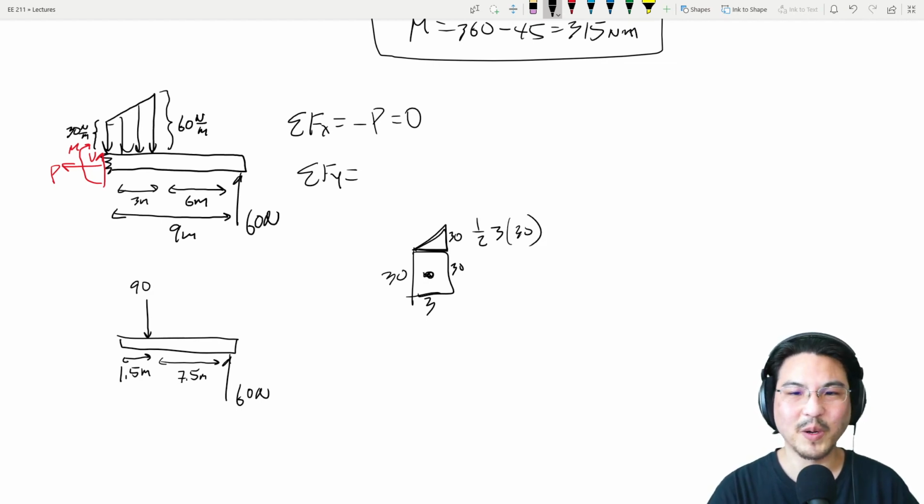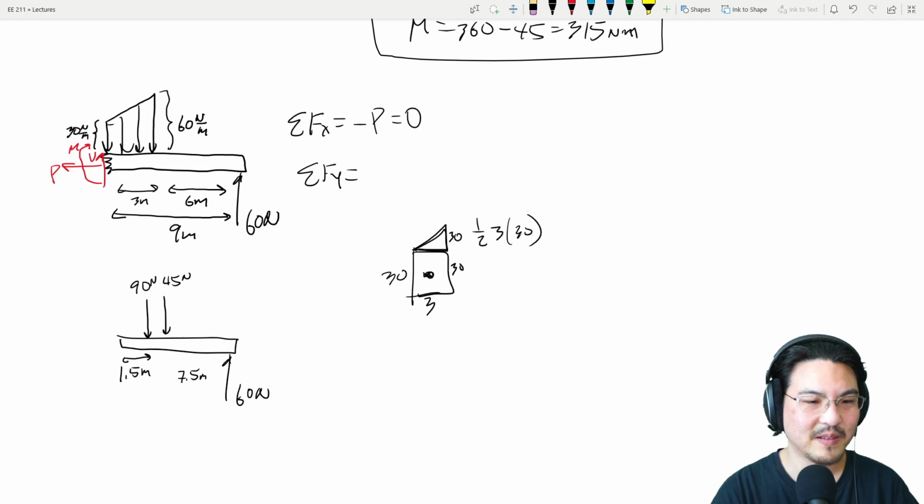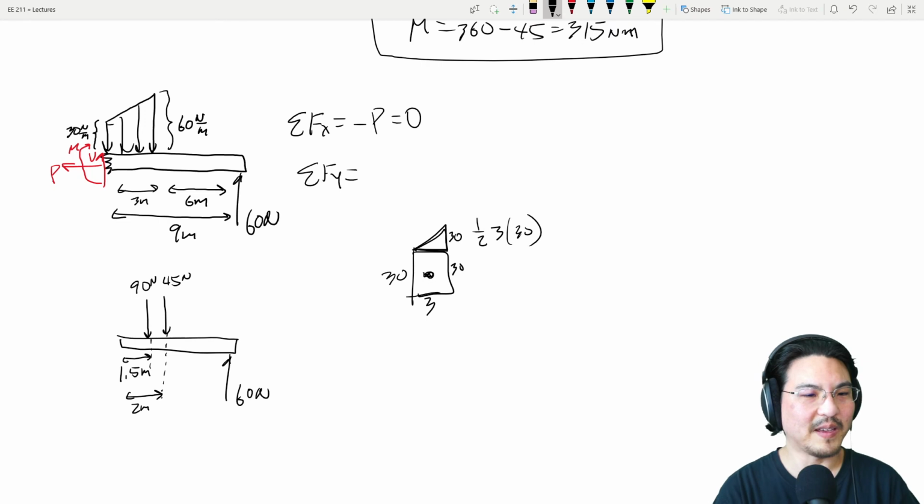Okay, so the triangle part would be 45. And then at the centroid of the triangle, which is 2/3 of the way over, so here to here would be 2 meters. Okay, and then all the rest of it, V,